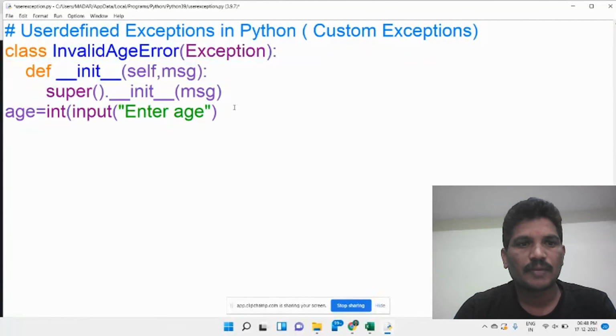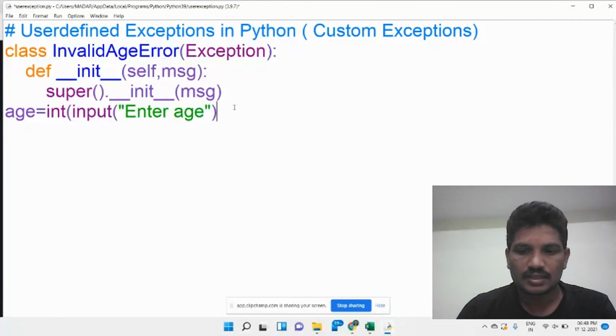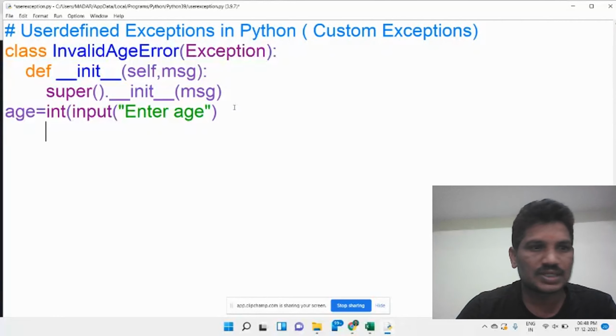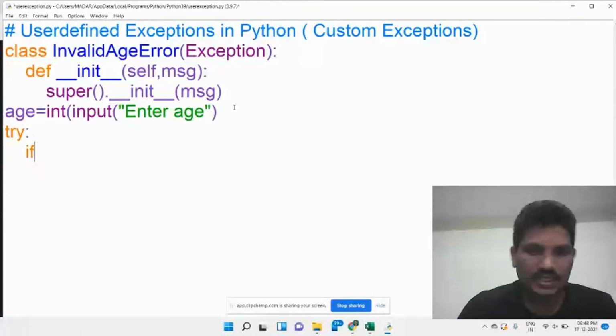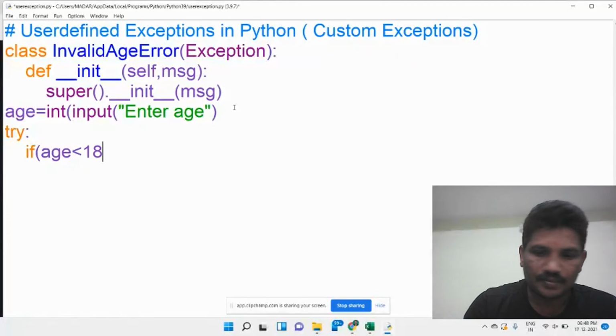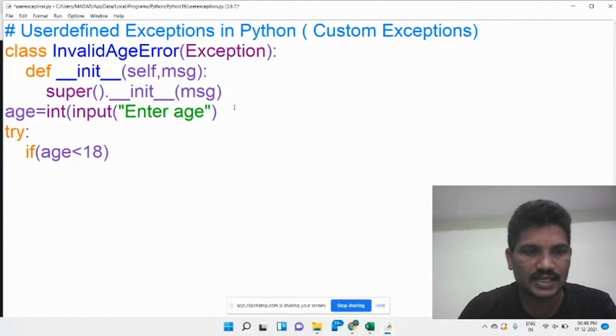Once you read the age as input, I would like to use a try block. I would like to put the condition here: if age is less than 18, it can raise an exception.